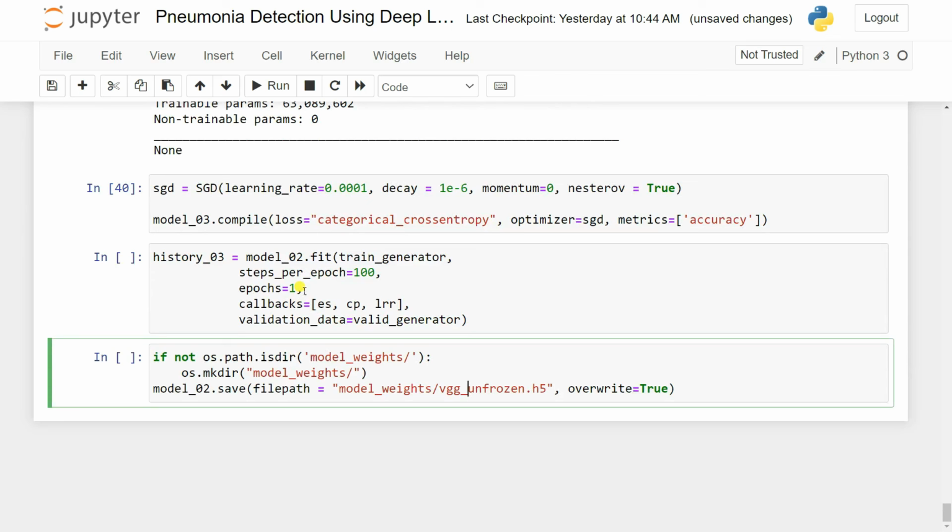You can also use the Google Colab, but right now I can't do it because I don't have the internet